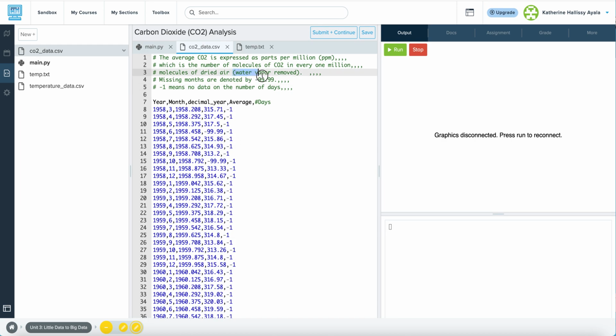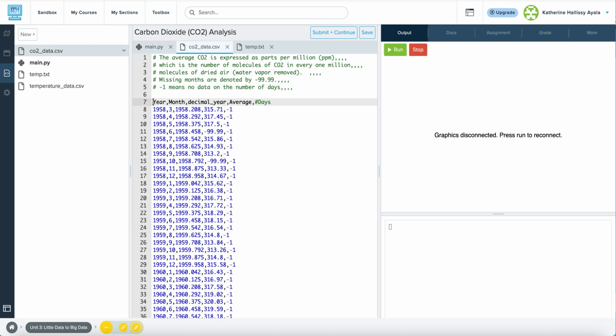That means water vapor has been removed. Missing months are denoted by negative 99.99. So again, if we see a negative 99.99, that means that month was missing. Negative 1 means no data on the number of days. We have a lot of negative ones. So now if we look through